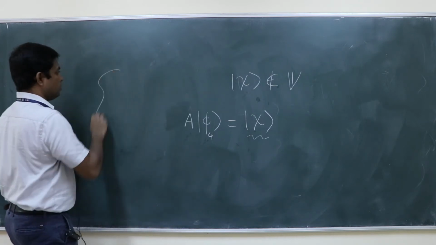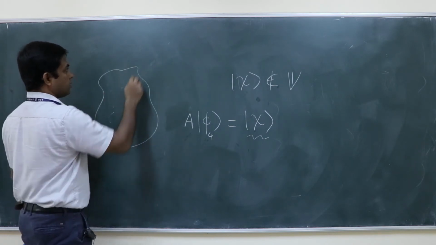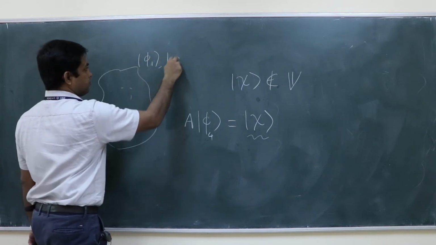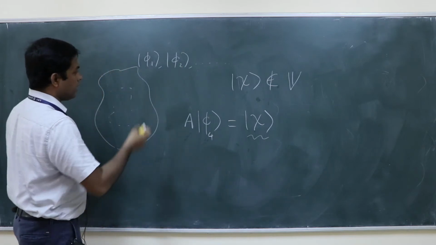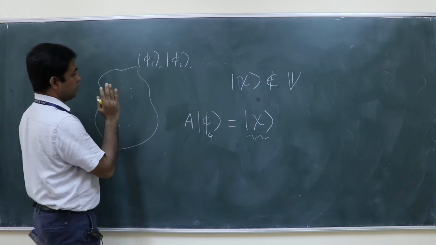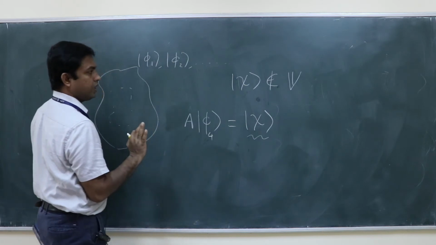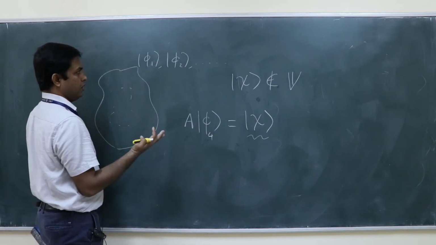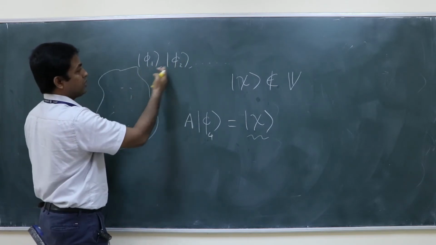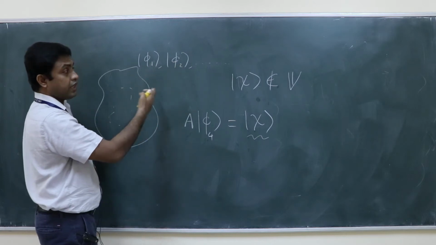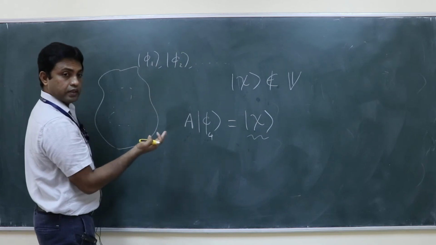Okay, so you have a vector space. There are so many vectors in that, say phi 1, phi 2, phi 3. I have not even talked about the dimension when I define this. It can be 2 dimensional, 3 dimensional, any dimension. There are also certain basis vectors in this. Suppose it is a 2 dimensional vector space, then phi 1 and phi 2 may be basis vectors.